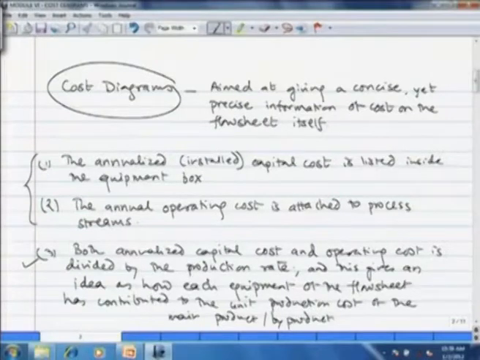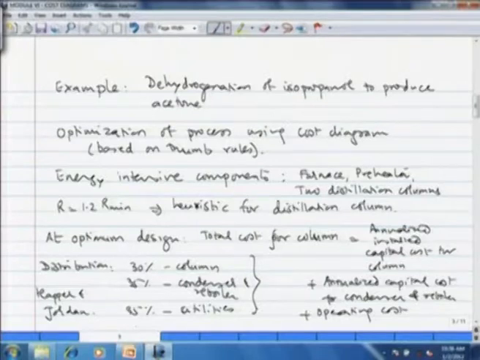The annualized capital cost of equipment is written inside the box indicating the equipment, and the processing cost is attached to the stream for which the processing, like heating, cooling, etc., is carried out. We saw what the uses of a cost diagram are. Cost diagrams are effective means of summarizing information. You can check the rules of thumb using a cost diagram and find out the areas of optimization of the process in